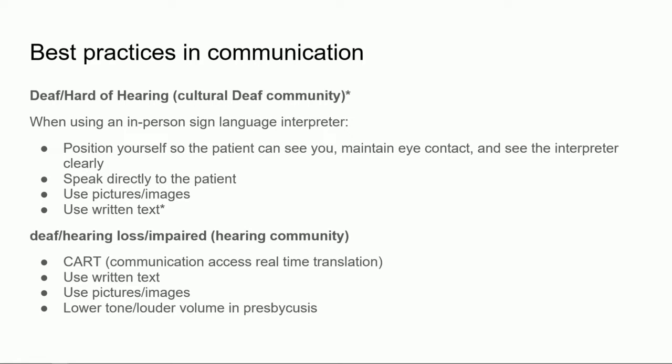So on this slide, there are two different groups of people that I just want to talk about briefly, but then we will hear from some of our experts a little bit later. The first group is the deaf or hard of hearing group, who belong to a group of people who use American Sign Language as their primary language. They share a common identity, they share common life experiences, and do not identify as hearing impaired.